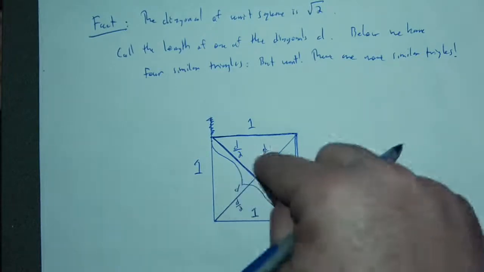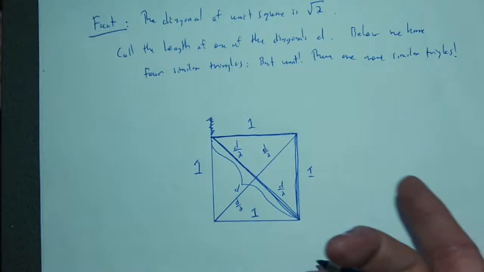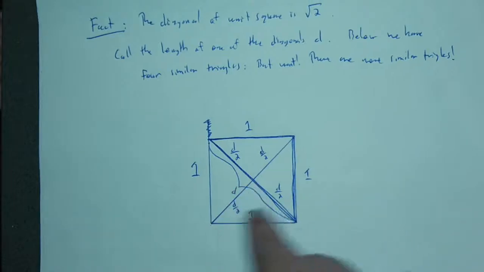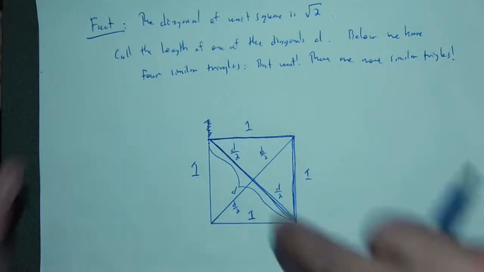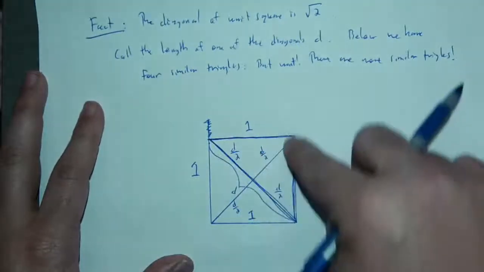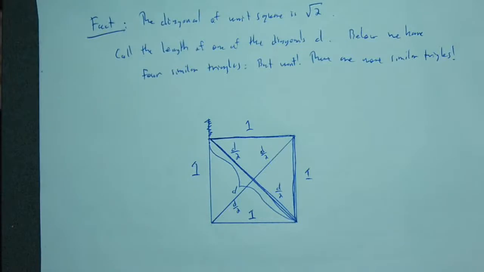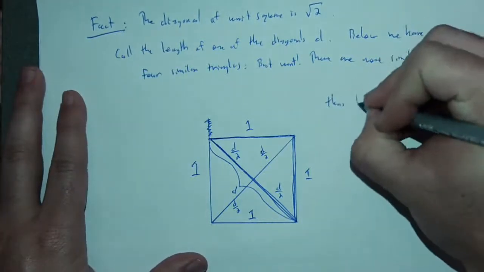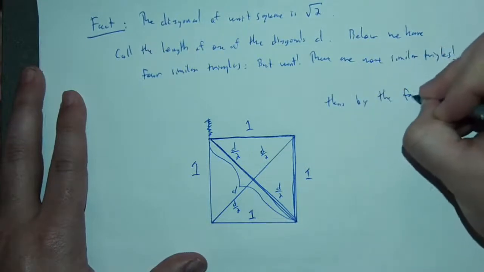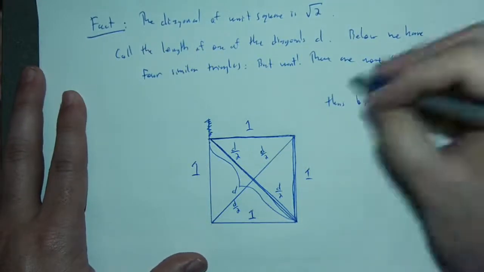So not only are each of the four smaller triangles similar to each other, because each of them has a right angle and two half right angles, so they have the same corresponding angles, which means by that theorem we just proved, they have proportional sides. But also, these half square triangles are similar to each of the smaller triangles. Okay, thus,